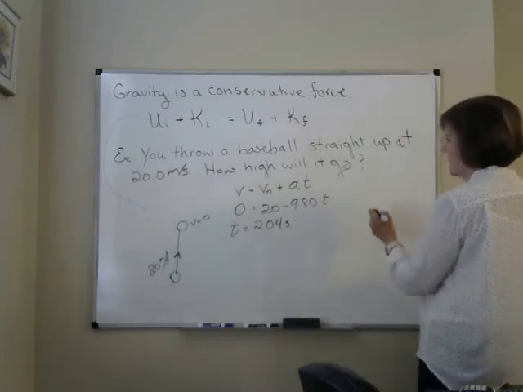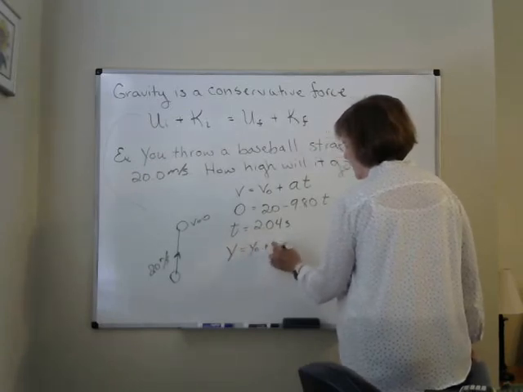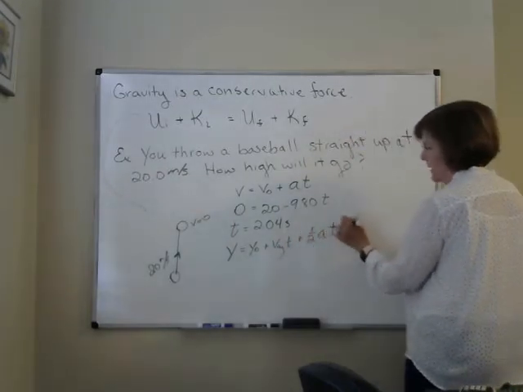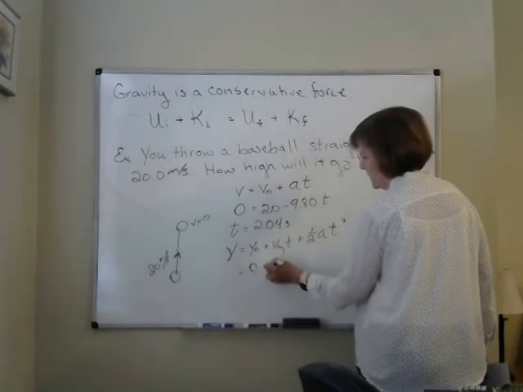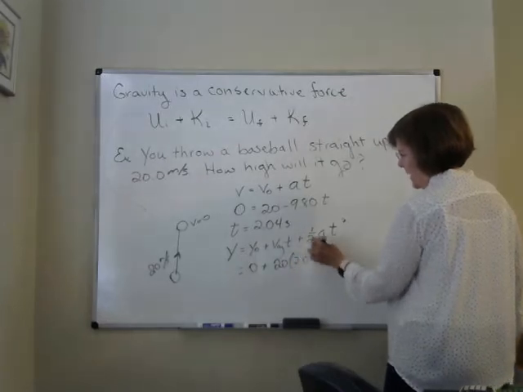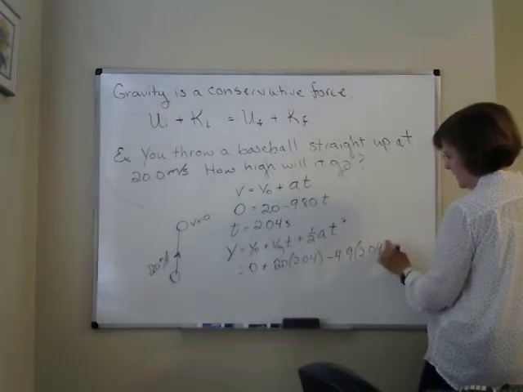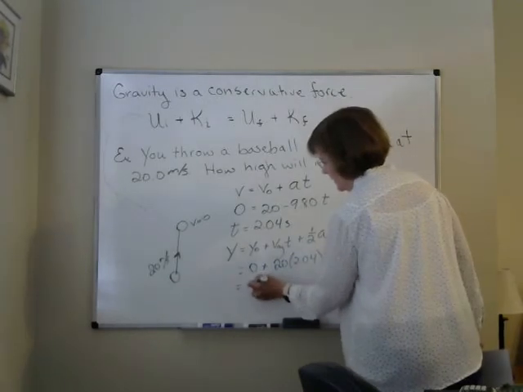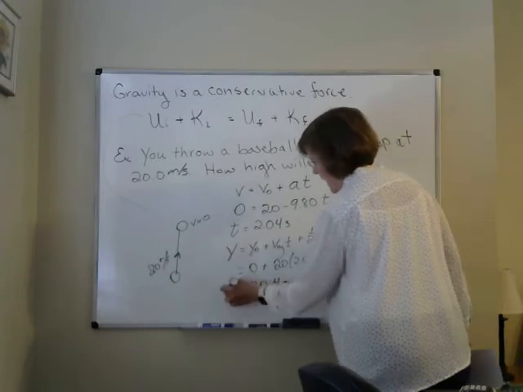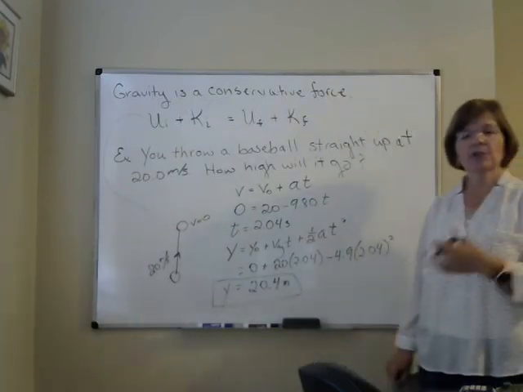So that's the time up. And then I would just say, okay, well, y equals y0 plus v0 t plus 1/2 at squared. And I just plug in my numbers. Half of negative, that's going to be minus 4.9. And you know what you're going to get? 20.4 meters. So I had two ways I could work that problem, but it's really simpler to use conservation of